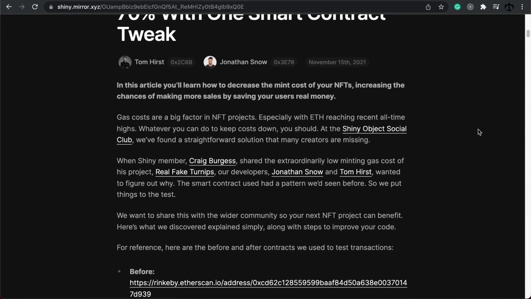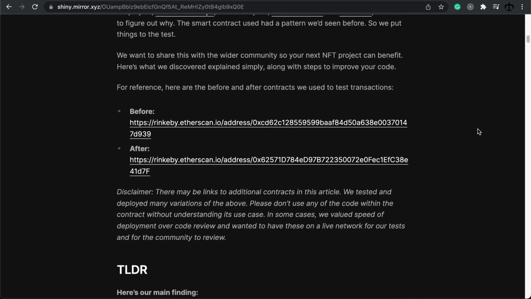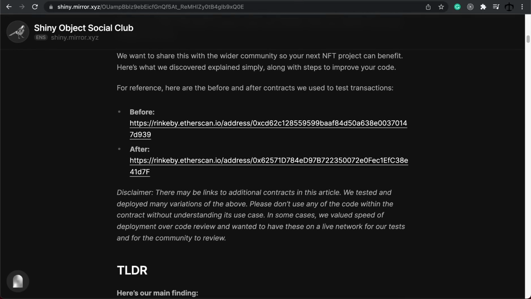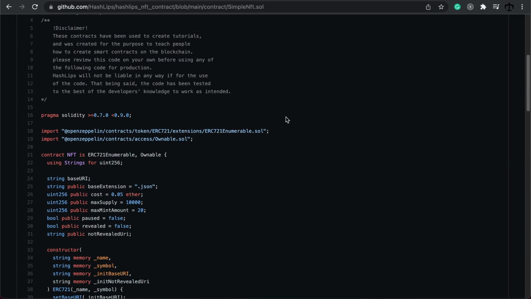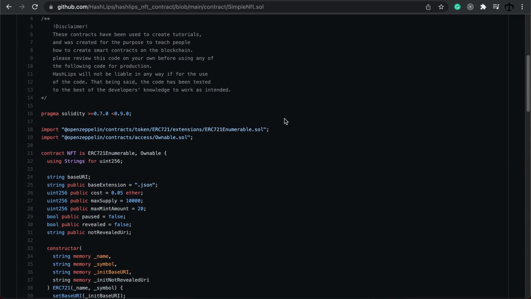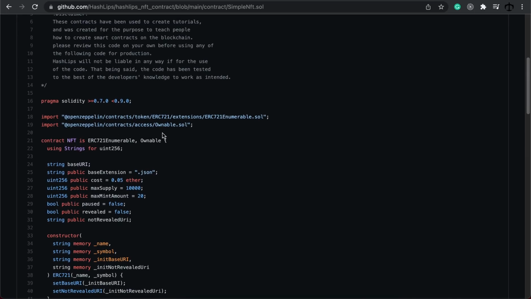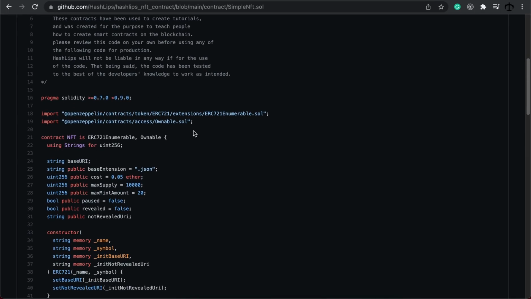It's a brilliant article, so if you want to learn more, go and check it out. For now, we can jump back, and like I said, the IEnumerable. What is this? Well, if we look at the old contract, this is where it all starts. We have 2 imports. We have the IEnumerable interface, and we also have the actual contract, and then we also